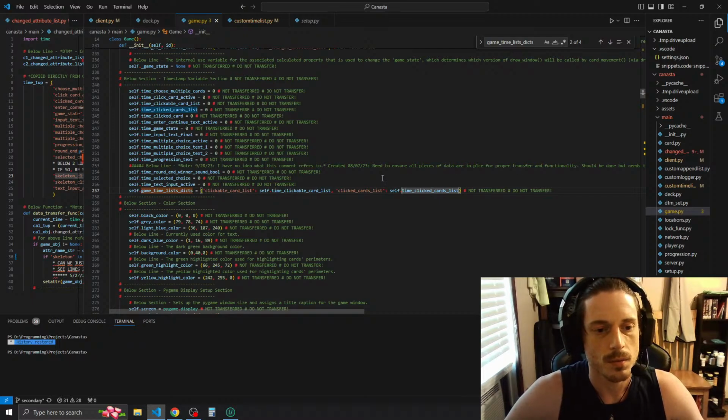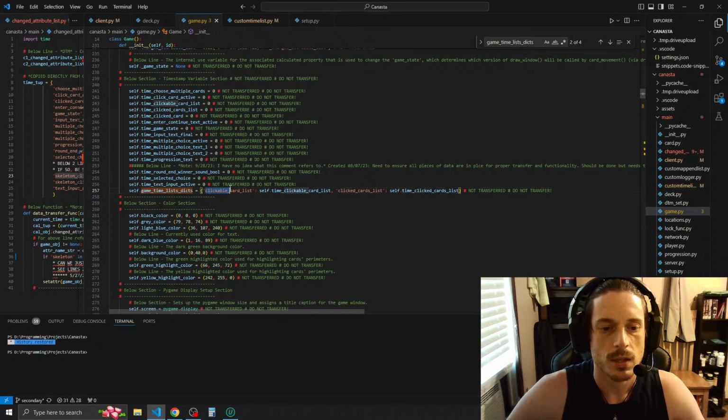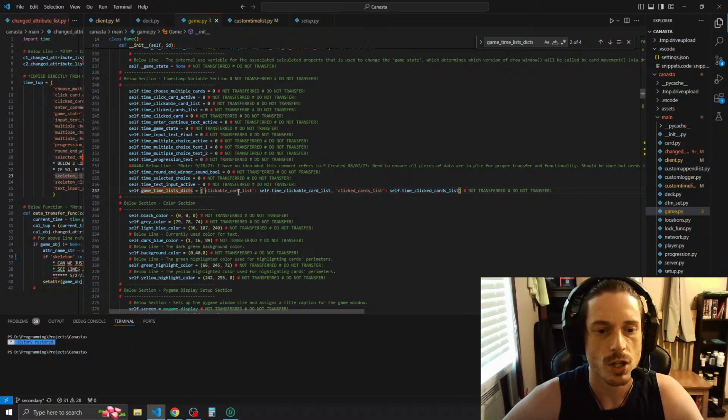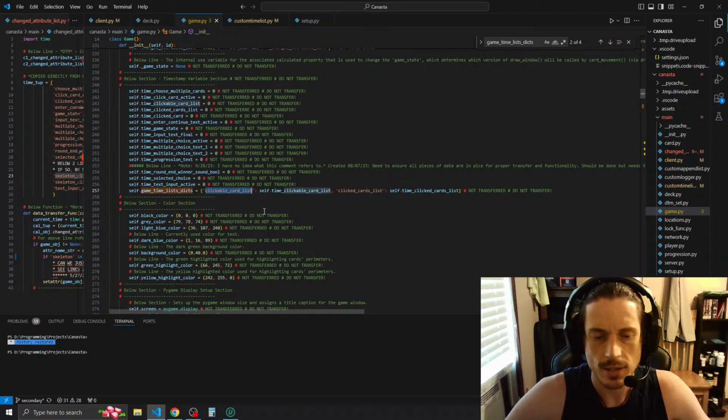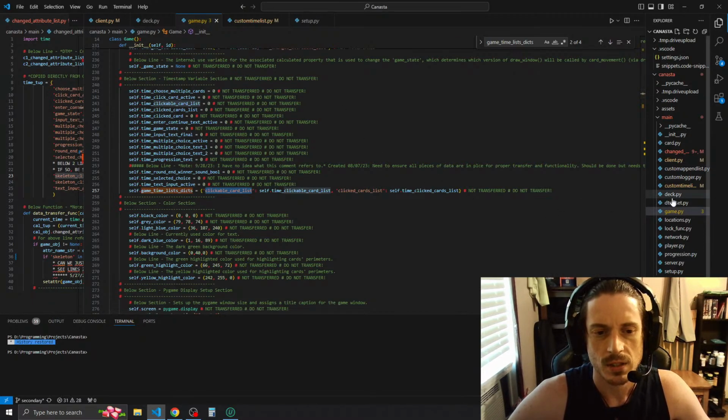So yeah, that's how we're going to want to do it. In terms of non-skeleton, what we'll do first is I want to change clickable card list to be clickable cards list, because technically well,